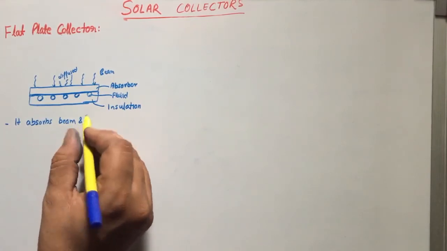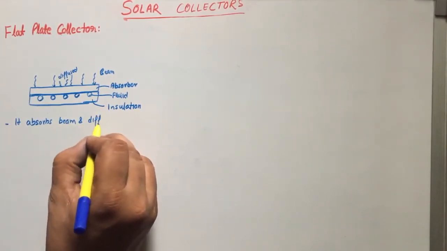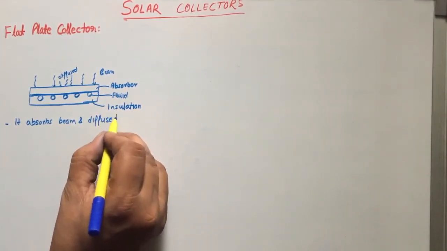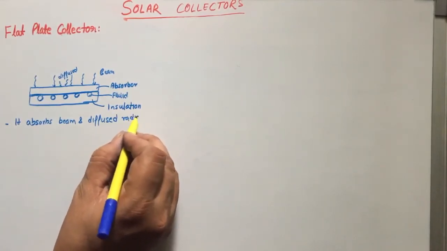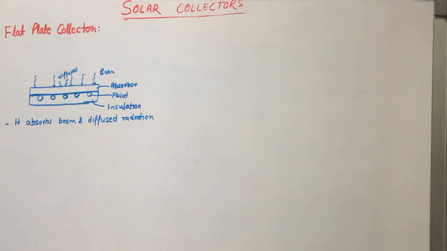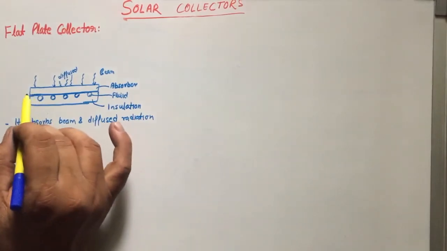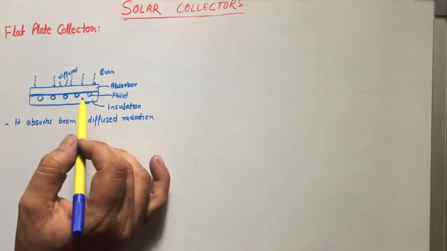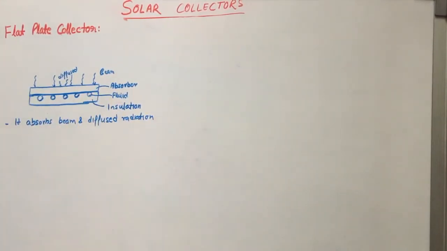Beam and diffused radiations. First point we can say regarding this type of collector. And second point, what we can say, this collector surface, once we place it at any position, then there is no need of tracking